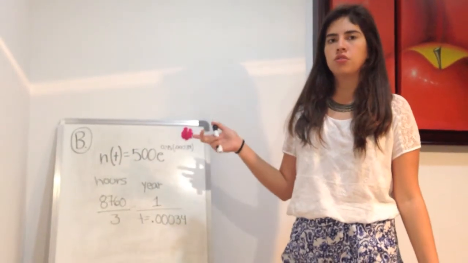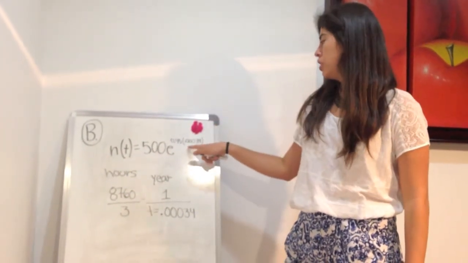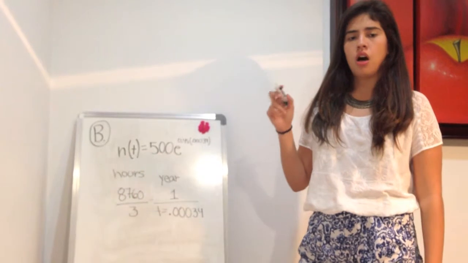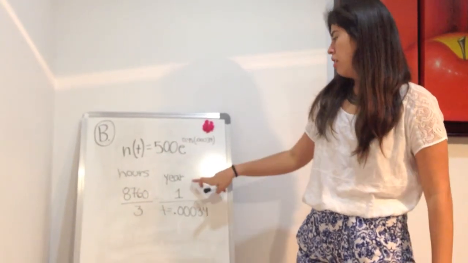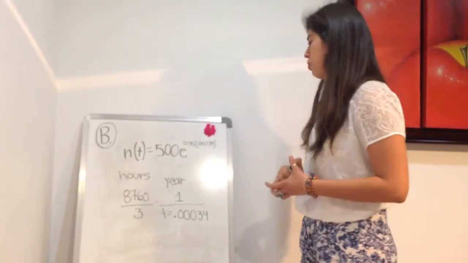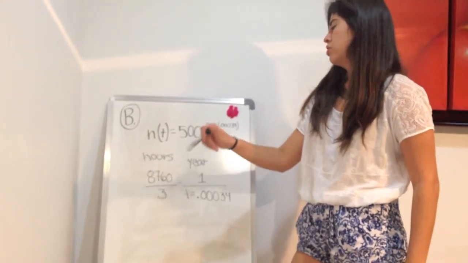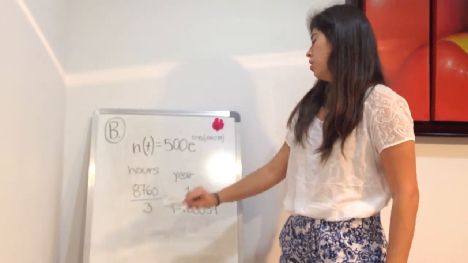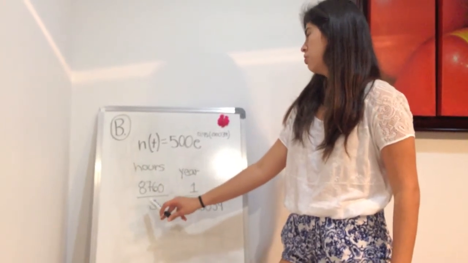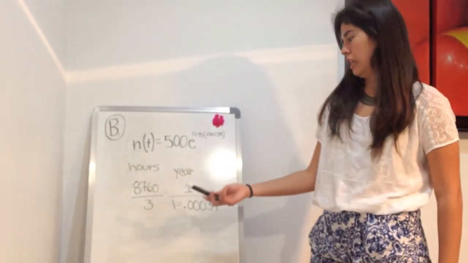How many bacteria are in a culture after 3 hours? First, you need to substitute t for 0.00034. That was gotten from the equivalent in years of 3 hours. Well, t in this case is 1, which is equivalent to 1 year. So we want it in hours, and we know that 8,760 hours is equal to 1 year, and we want it in 3 hours. So we multiply 3 times 1 and divide it by 8,760, and we get